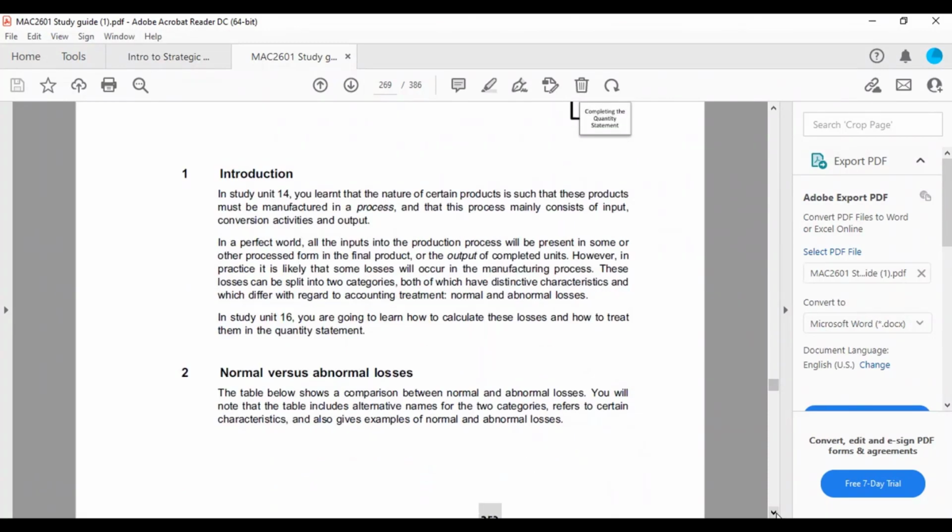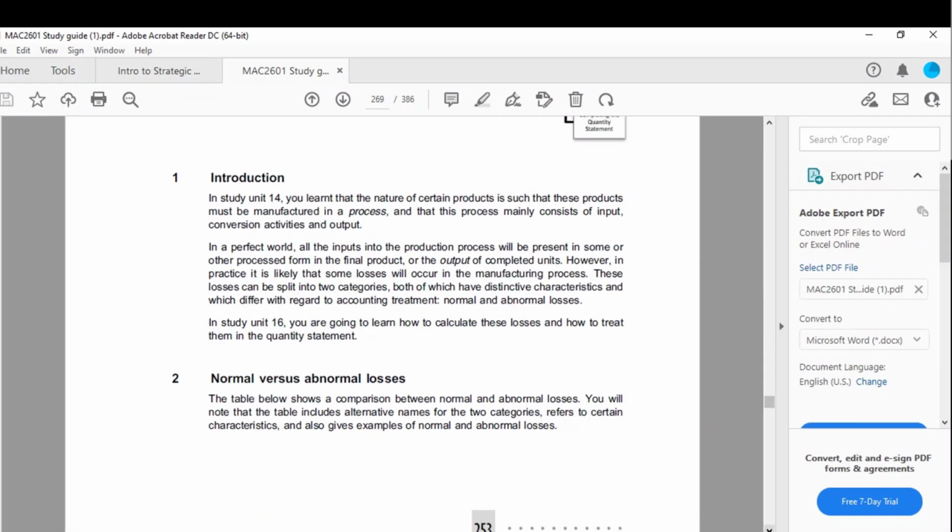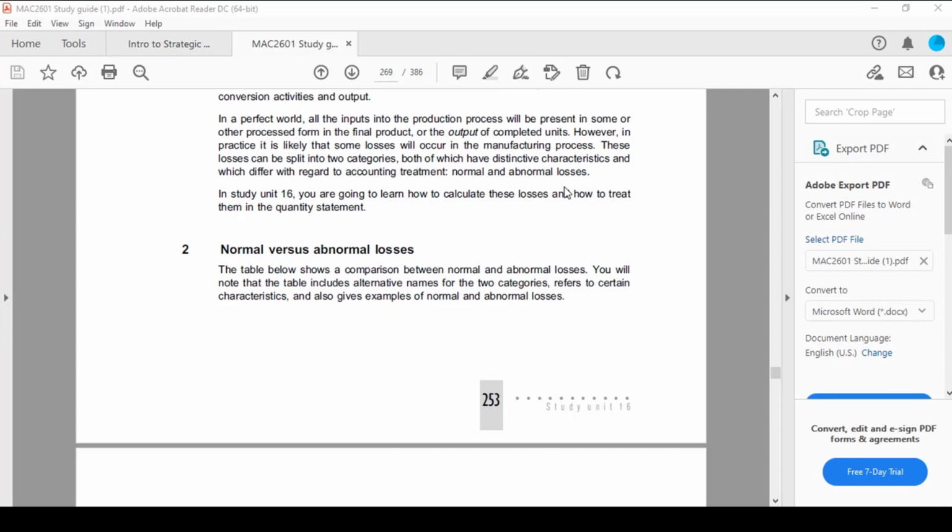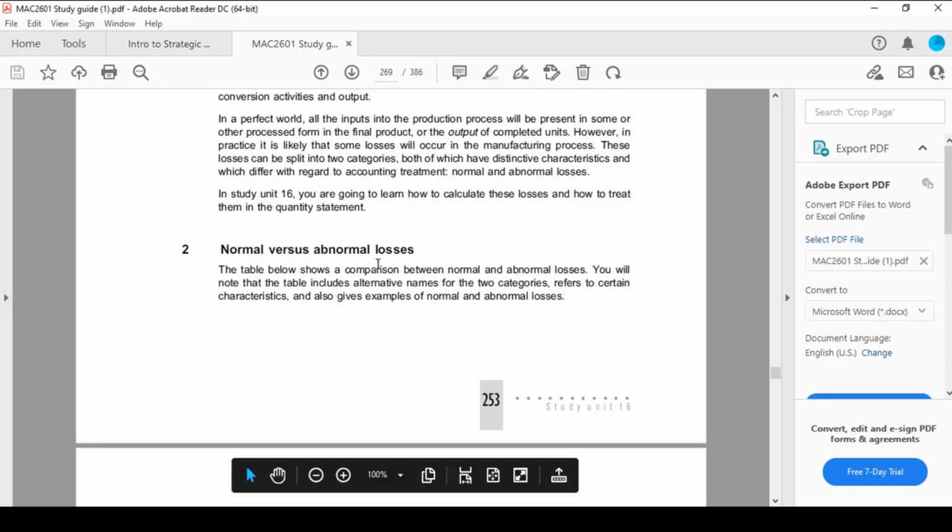We go through the theory. I'll choose one of you or anyone can volunteer to give us how they approached the question, the practice question that we've done. Okay, I think, yes, normal losses are something that